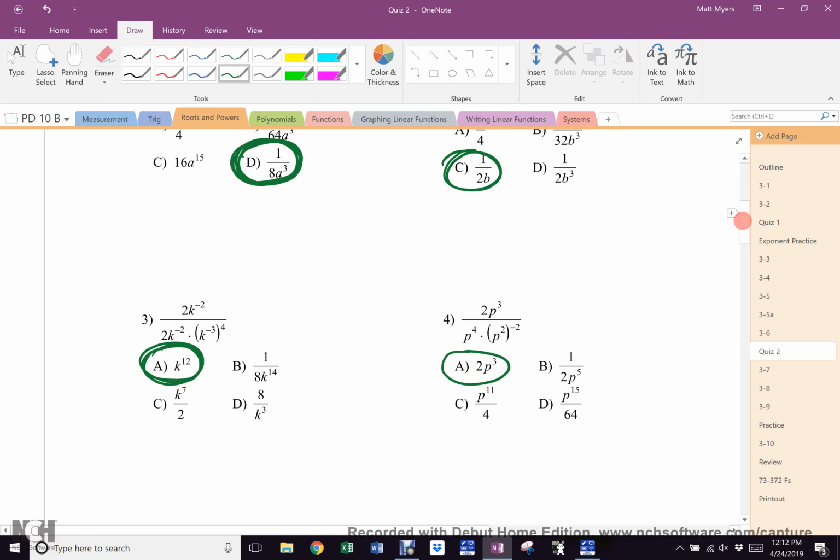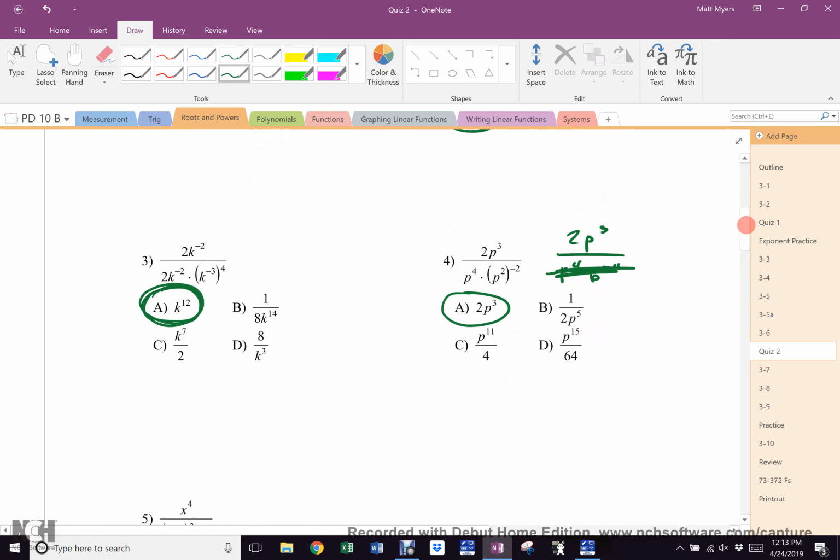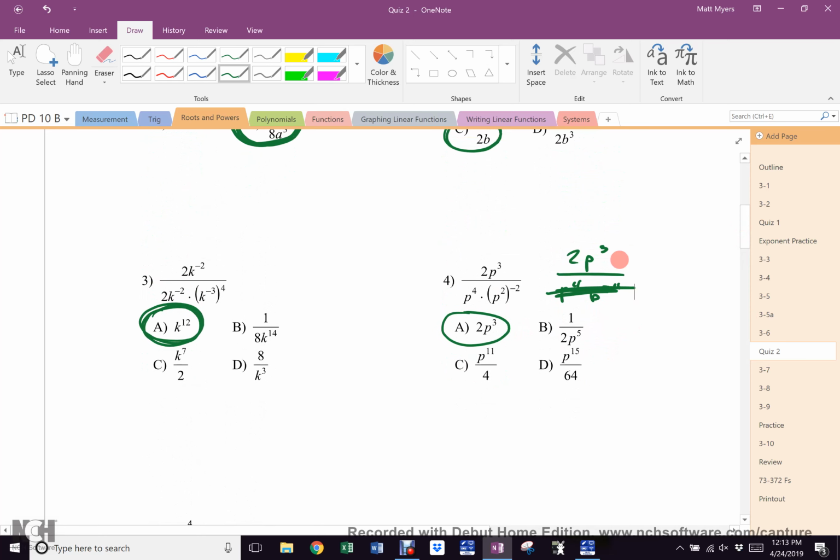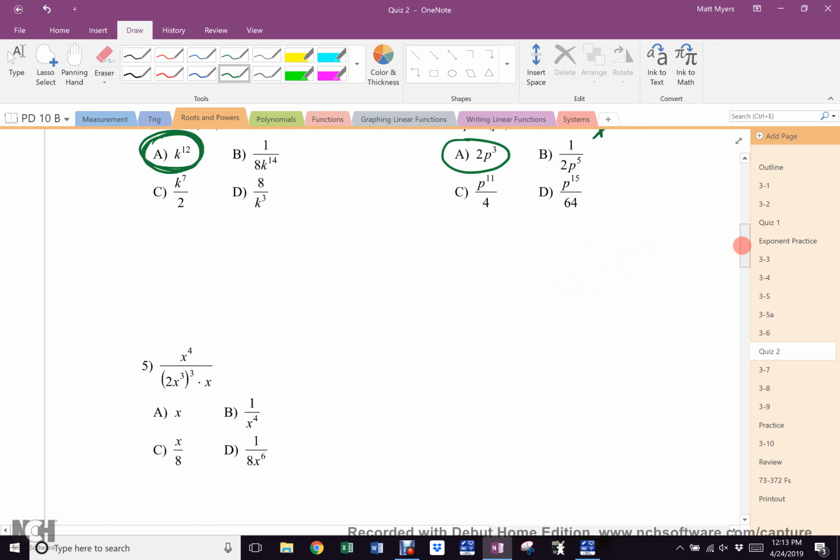Does anybody need to see why? Yeah? Okay. 2p cubed over p to the 4th. And then what's 2 times negative 2? P to the negative 4. Hey, 4 and negative 4 get you nothing. Well, the other way you could have looked at that is said, okay, that would have had to come up here and become positive, yes? Oh, yeah, true. Over p to the 4th, yes? Yeah. 2 times 2 is p to the 4th. P to the 4th over p to the 4th cancel. And what's left? 2p.